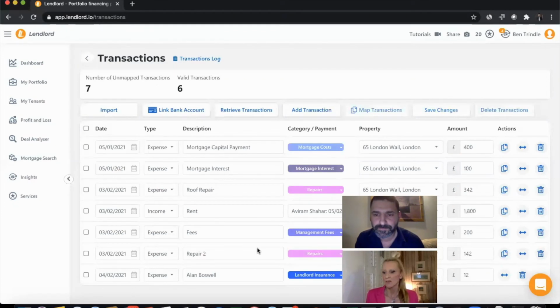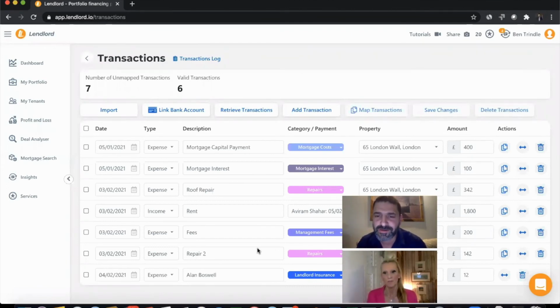We're just coming to the end now. We're hoping to keep this at around 45 minutes. We believe that to be a kind of optimum duration, unless anybody has got any more questions. We're more than happy to carry on a little bit further, but I think the main thing that we wanted to finish on, Aviram, was just to discuss the pricing, because something before